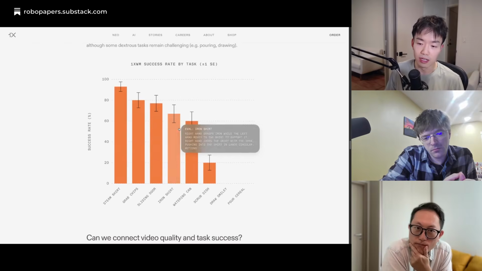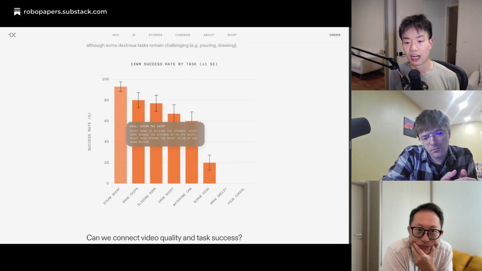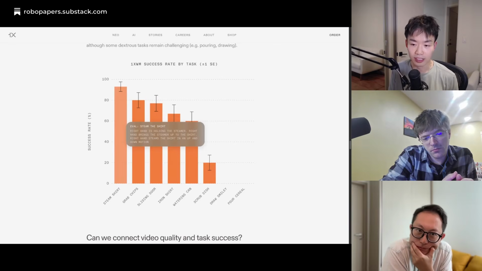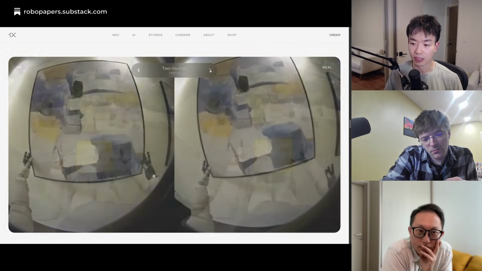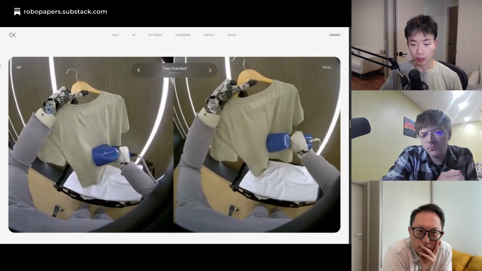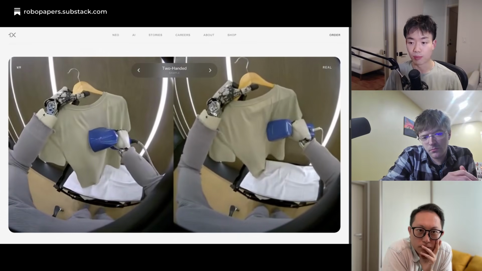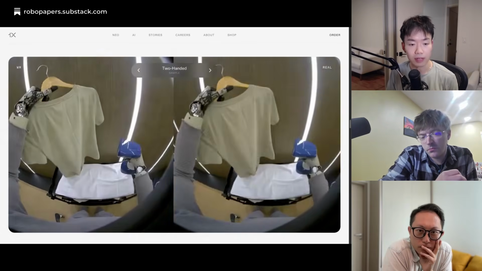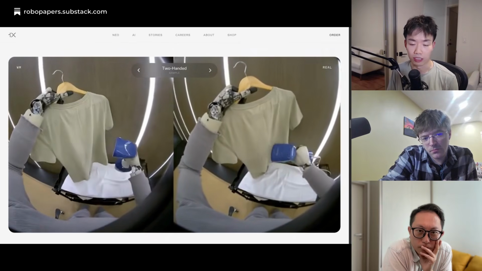So you can imagine that the conditioning into the policy is like, if you hover over some of these bars on our plot, you can see that, for example, for steaming a shirt, the prompt we have is right hand is holding the steamer, right hand brings the steamer up to the shirt, right hand steams the shirt in an up and down motion. And if we were to find that equivalent steaming behavior, it might be something like this, for example, that gets output through the video generation, and then the separate IDM process is what we use today to infer the actions that take you from one frame to the other, or the transitions between the frames.